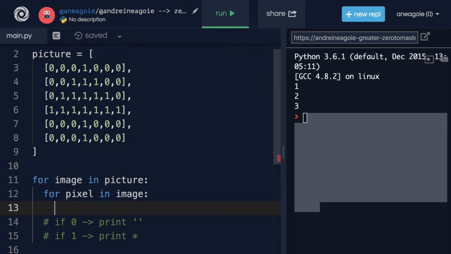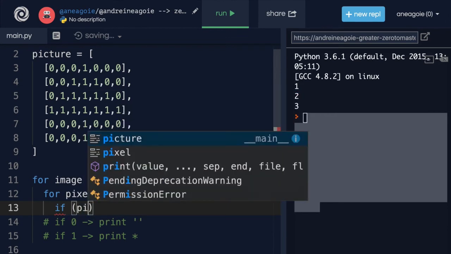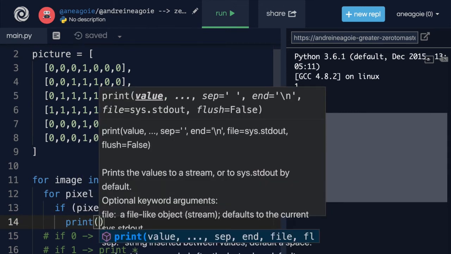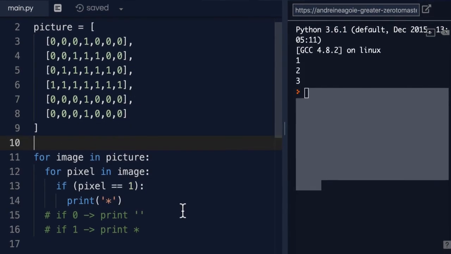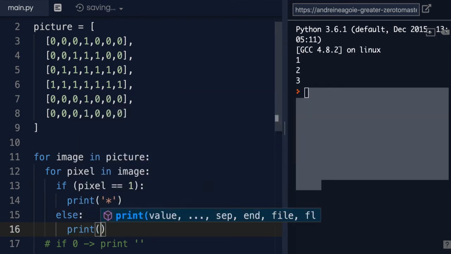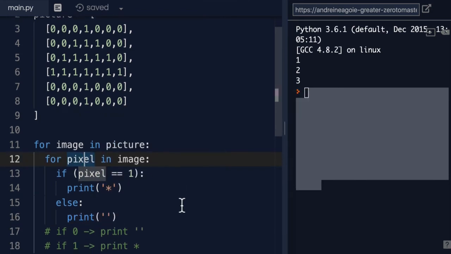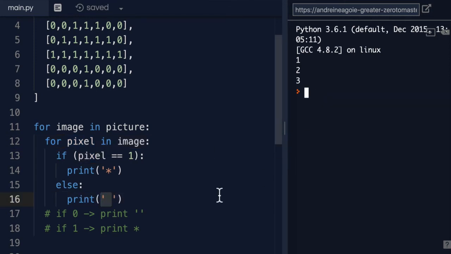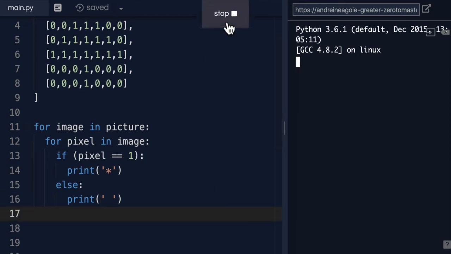Now, I'm going to add a conditional and say if pixel equals 1, then I'm going to print a star. Otherwise, I'm going to print an empty string. Well, maybe not empty, right? Because we do want a space, a blank space in the image. All right, so let's see if this works. If I click run,